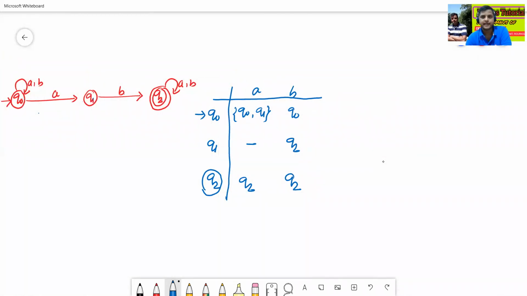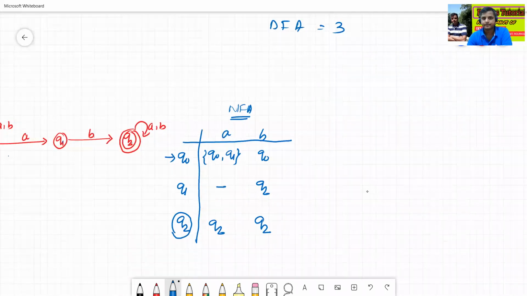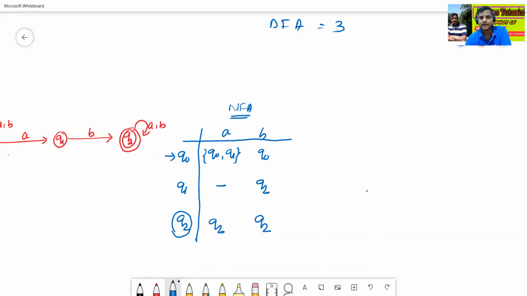Now this is my NFA. Now we'll convert this NFA to DFA. See here, this is my DFA. Just simply copy the first state, or first step.